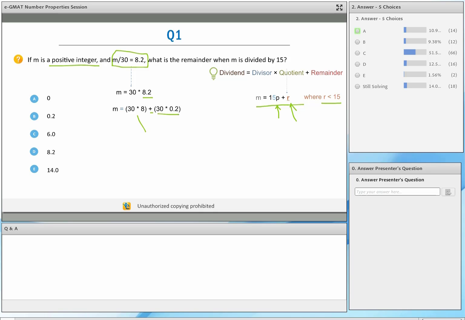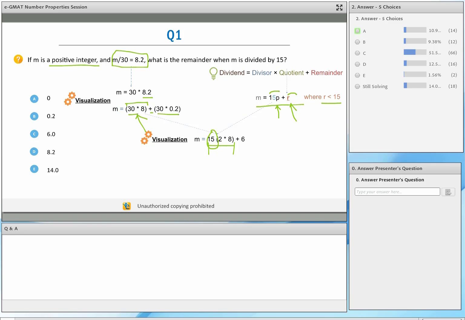Okay. Now observe, 30 times 8 is something which is what? 15 times 2 times 8, right? I'm writing 30 times 8 as 15 times 2 times 8, which means this part over here is divisible by 15. Again, my goal was to have one part that's divisible by 15, the other part that's not. And that's precisely what I'm doing. I know 30 is a multiple of 15. So this entire term, 30 times 8, is divisible by 15.